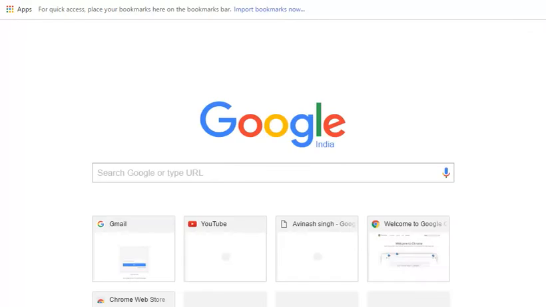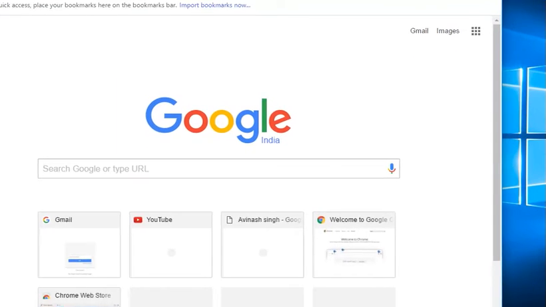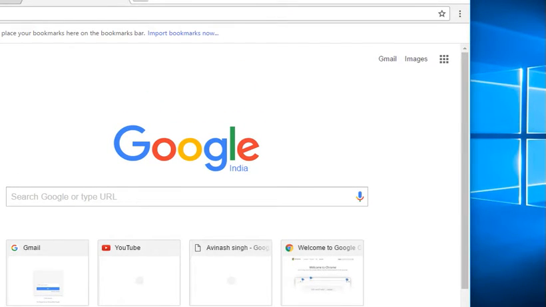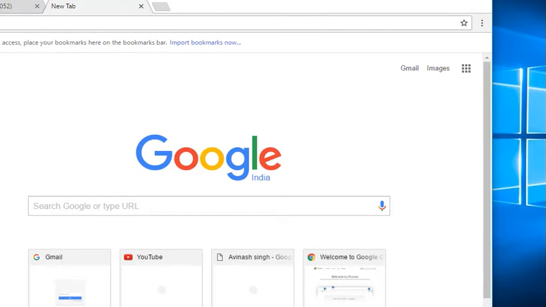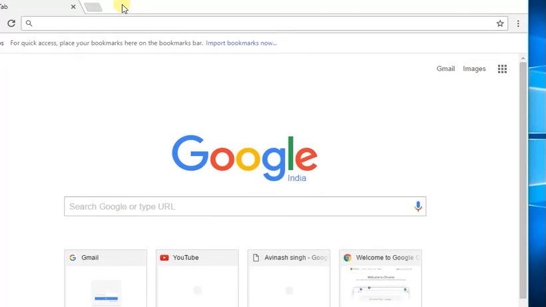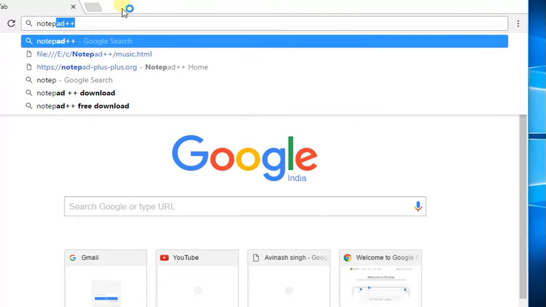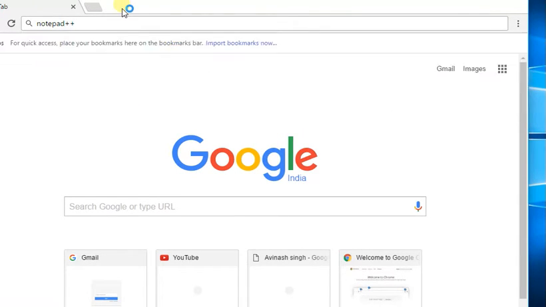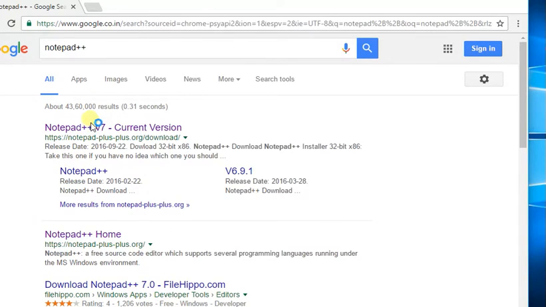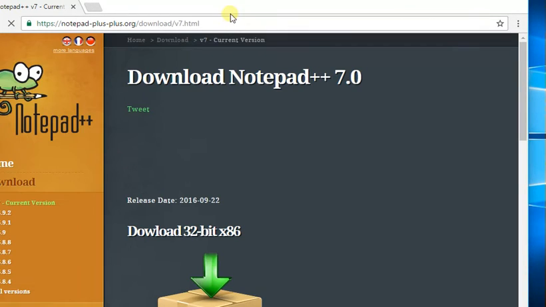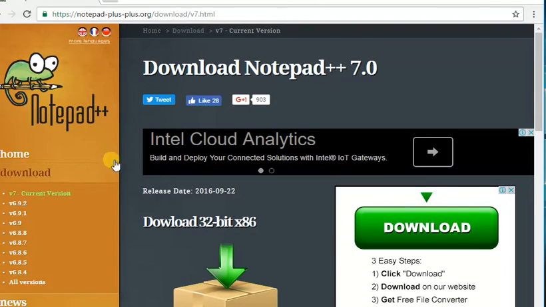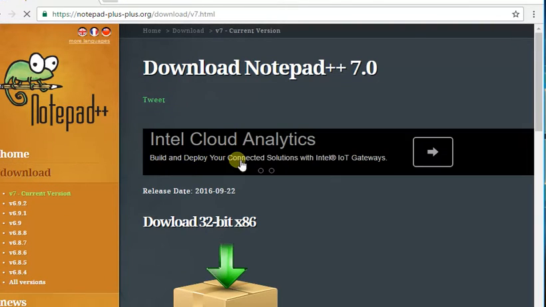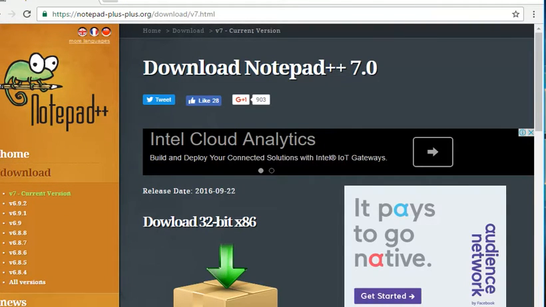Just open your browser, type Notepad++, go to the current notepad-plus-plus.org, go to the downloads, and you will see